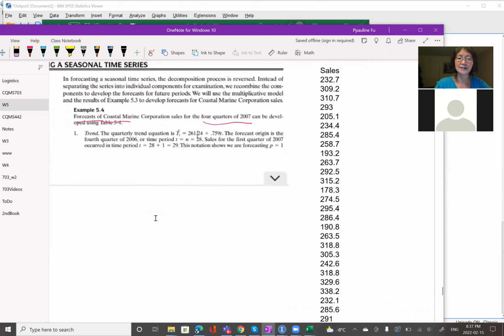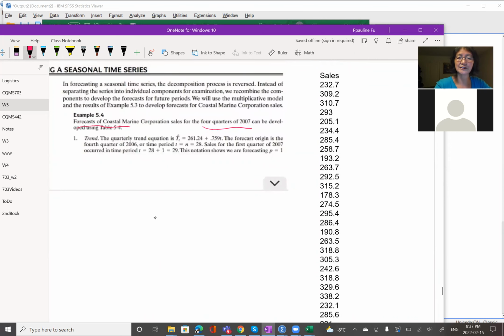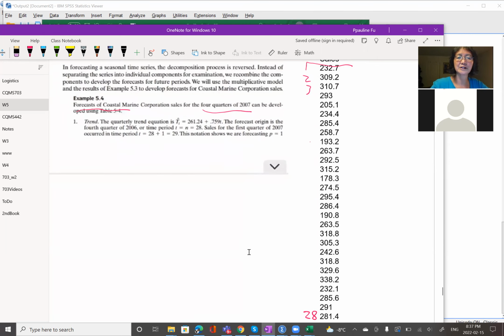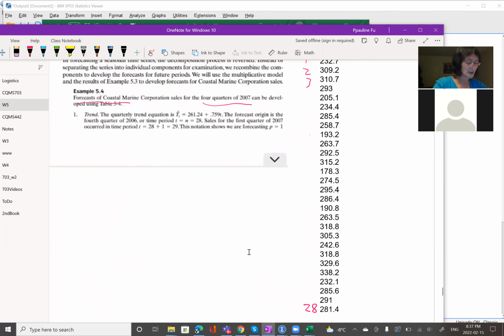This is the original data here. Those are the sales data. We have time period 1, 2, 3 until the last data is 28. Okay, period 28. Now you are asked to forecast